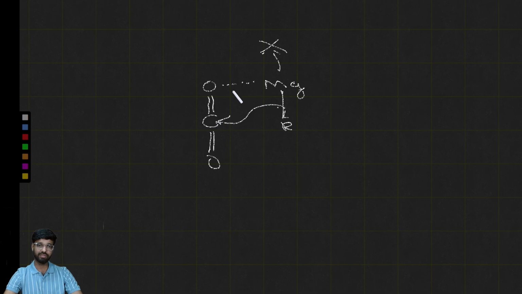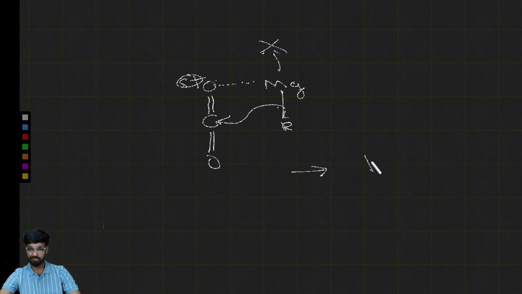Why? Since this oxygen has donated its electron, or you can say there is an interaction between the electrons of this oxygen and magnesium, there is a development of partial positive charge, and as soon as this partial positive charge is being induced on this oxygen, this nucleophilic substitution can be facilitated. So this R attacks here,